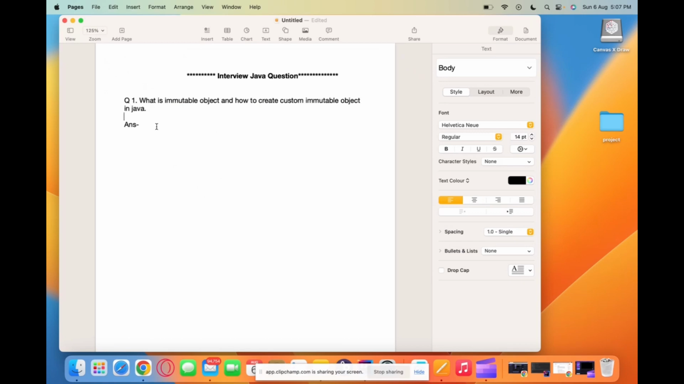immutable object in Java. So first, immutable means unchangeable. Once we have initialized the value, we will not change the value of the object. Okay, let's take an example. For example, String s = "Vijay", and now we are trying to assign some value, "Ajay". If we try to print the s value, it will print Vijay, not Ajay,